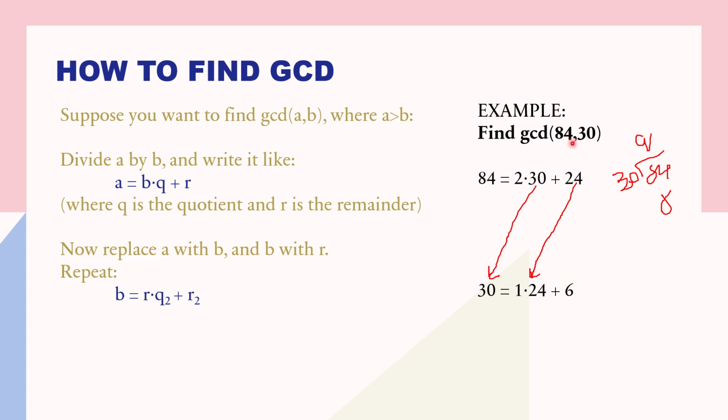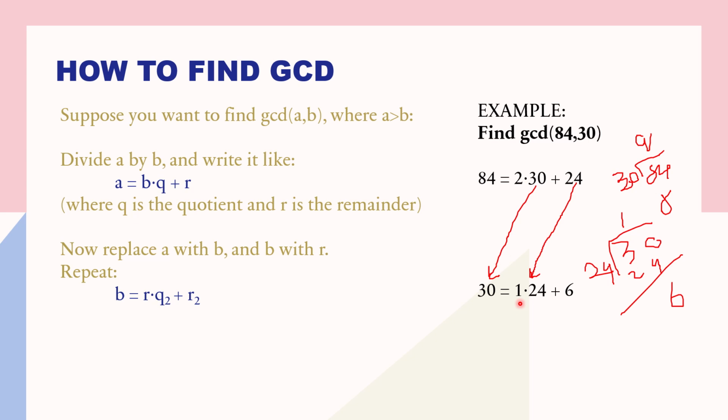So again, now since B became A, again you are going to see that A is greater than B. So you will divide A divided by B. You get 24, 30 inside, and what you get here is 30, which comes inside, and outside you have 24. So 24 ones are 24, okay, and you get the remainder as 6, right? So this 6 comes over here and quotient 1 comes over here. All right,